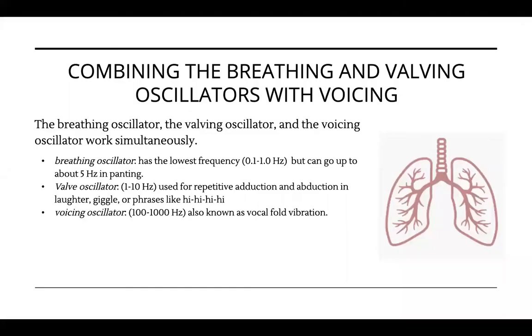In this section of Chapter 9, we will go into the combination of breathing and valving oscillators with voicing. The breathing oscillator, the valving oscillator, and the voicing oscillator work simultaneously. Oscillation is an established rhythm for breathing by our autonomic nervous system, and an important aspect of autonomic breathing is lung volume equilibrium, also known as stasis. The breathing oscillator has the lowest frequency,